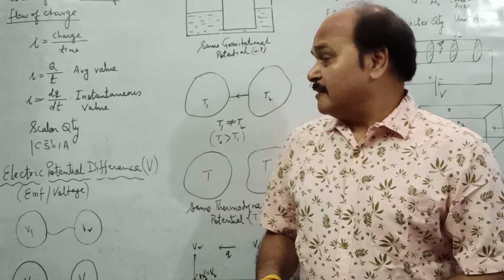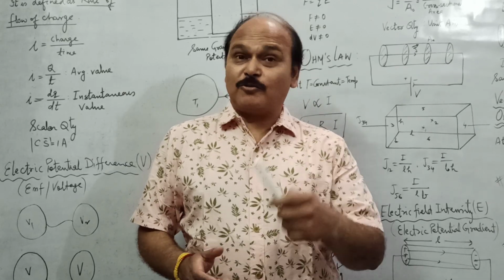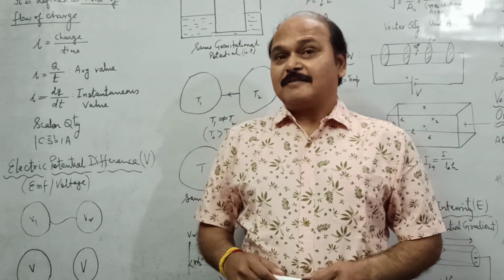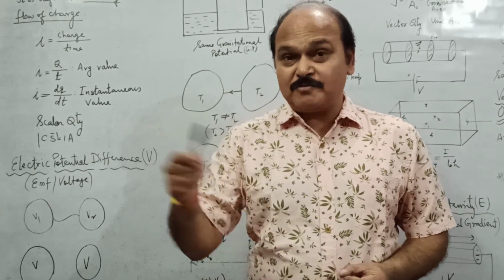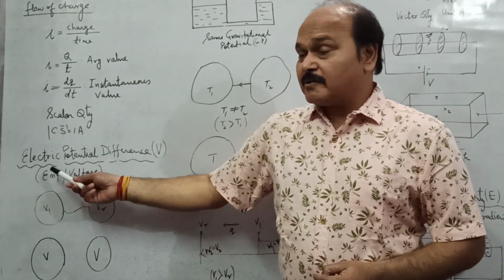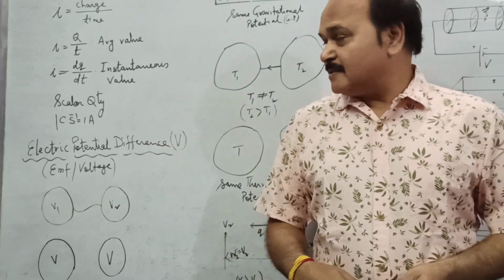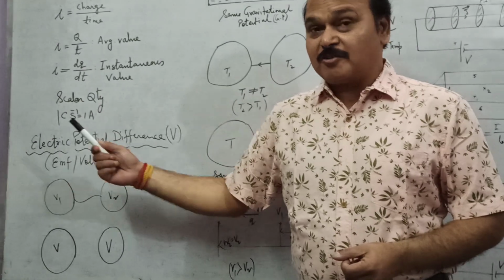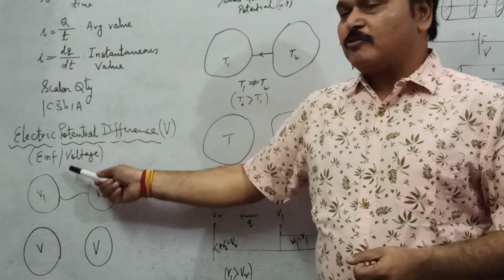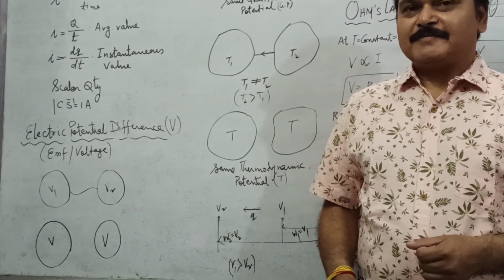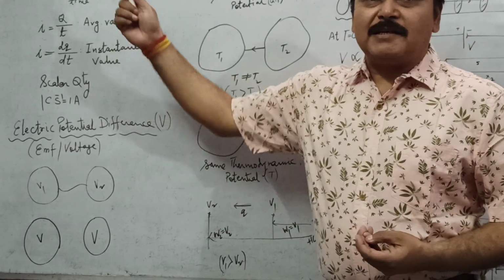Well, the question which again should come up in your mind is why a charge moves. I already told you right in the beginning. It is because of the difference of potential between the 2 points. The charge moves in between those 2 points. So it is because of electric potential difference that the charge moves. This electric potential difference is also called EMF, electromotive force, or in our day-to-day life we also call it voltage. Well, it is because of electric potential difference that the electric current is created.